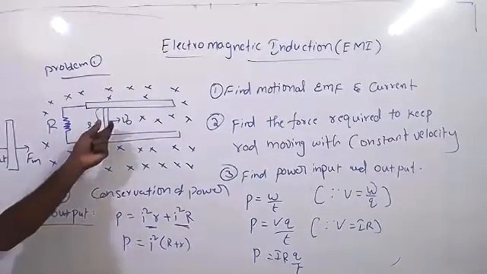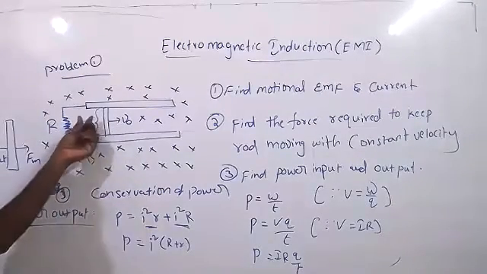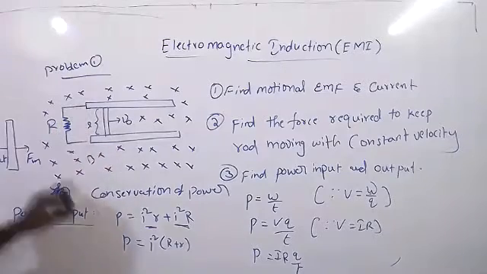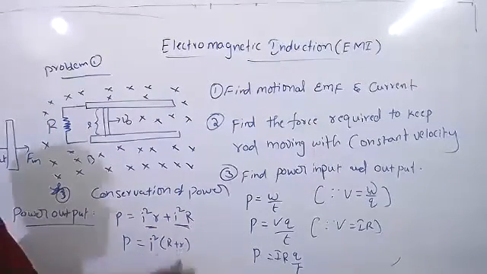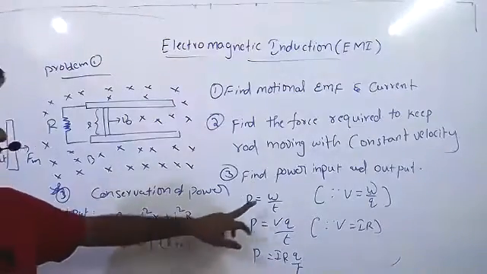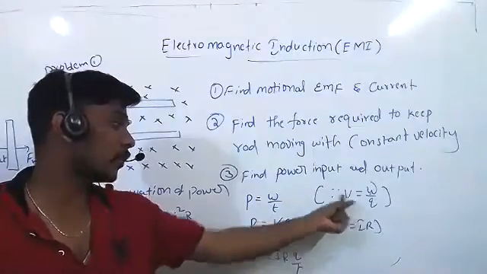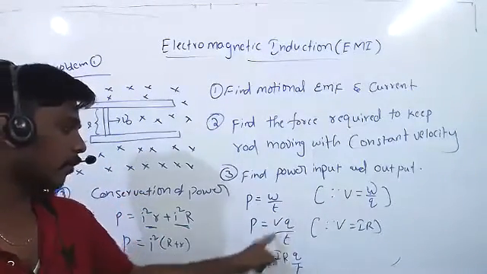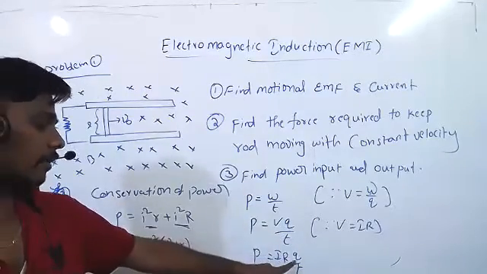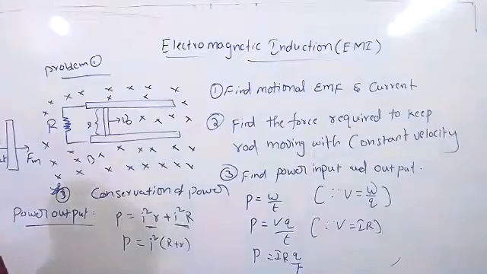Whatever input power you give, that will come as output. That output is equal to I square R, I square R. So total power equal to I square R plus R. Is it clear how we got this I square R? In 10th class we studied power equal to work by time. Here in place of work we place V into Q by T. Q by T is nothing but I, current. Charge by time is called current. Again V is equal to IR according to Ohm's law. So I square R. In that format we got this.